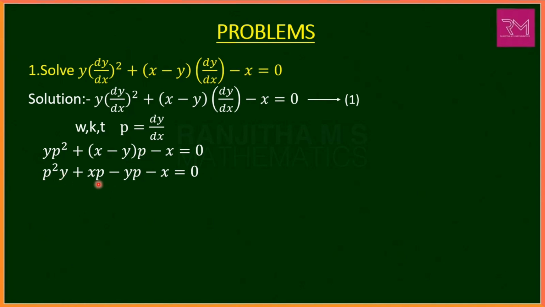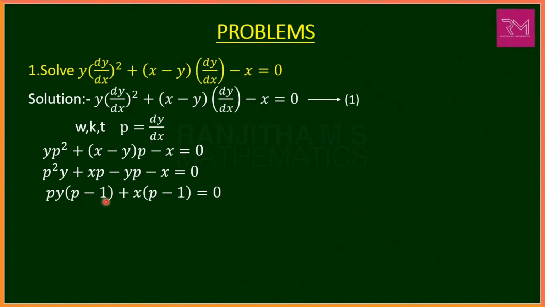Here we have p and y terms, and here also p and y terms, and x terms here and here. So take these terms and apply the factor method. If we take py as common in the first two terms, we get py into p minus 1. Here, taking py as common, the remaining is p, and the remaining is 1. Plus, if we take x as common in the other two terms, we get x into p minus 1, which is equal to 0.